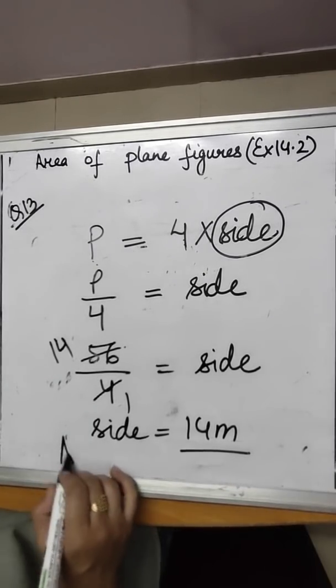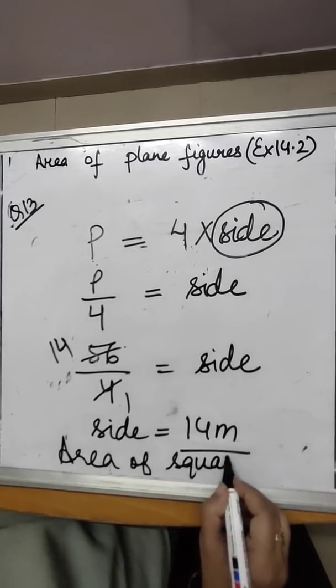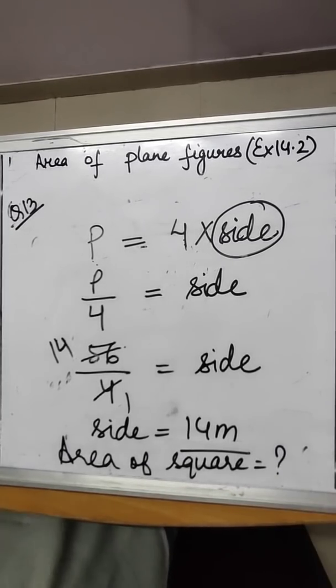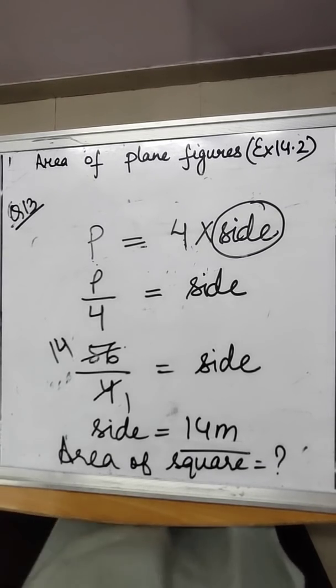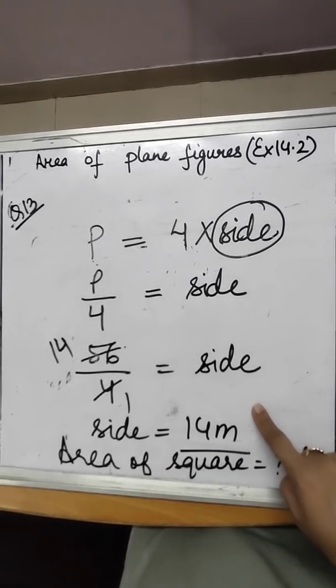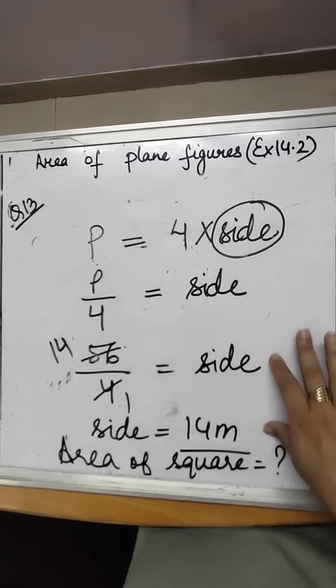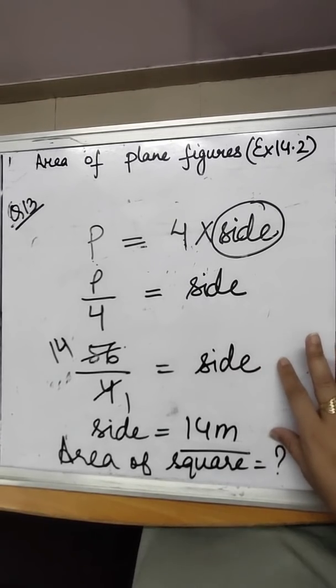Now what you have to do? You have to now find out the area of the square. Okay. Then you find out the area of the square. So in this question, I have only given you the way how to do it. This question number 13 will be your homework question. I have done small little calculation in this so that the question is clear to you.